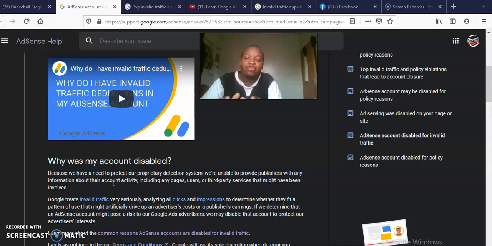They always have to protect their interest to ensure that the advertisers who normally pay them get value for their money. And the way they get value for their money is that you, as the publisher, have created content and you have legit viewers, organic traffic coming to view your content, and through that